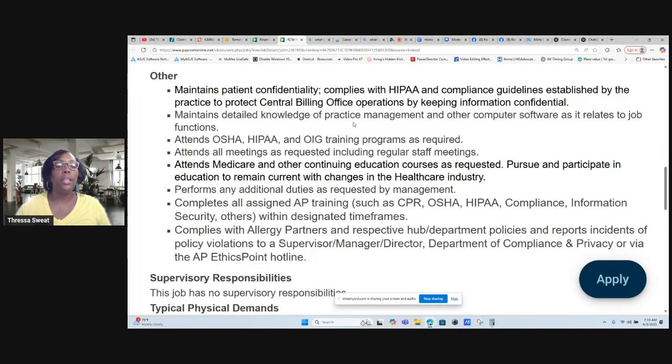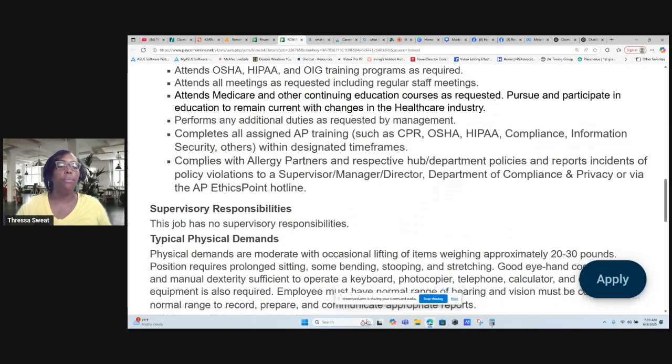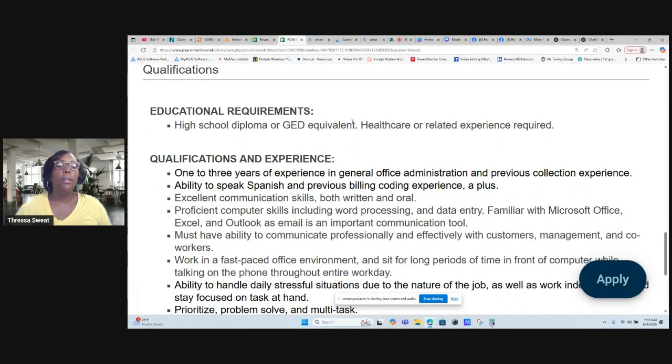You're going to attend Medicare and other continuing education courses as requested. You're going to pursue and participate in education to remain current with changes in the healthcare world. And then also you're going to apply with Allergy Partners as well. Okay, so the requirement again is a high school diploma or GED equivalent, healthcare or related experience required, 1 to